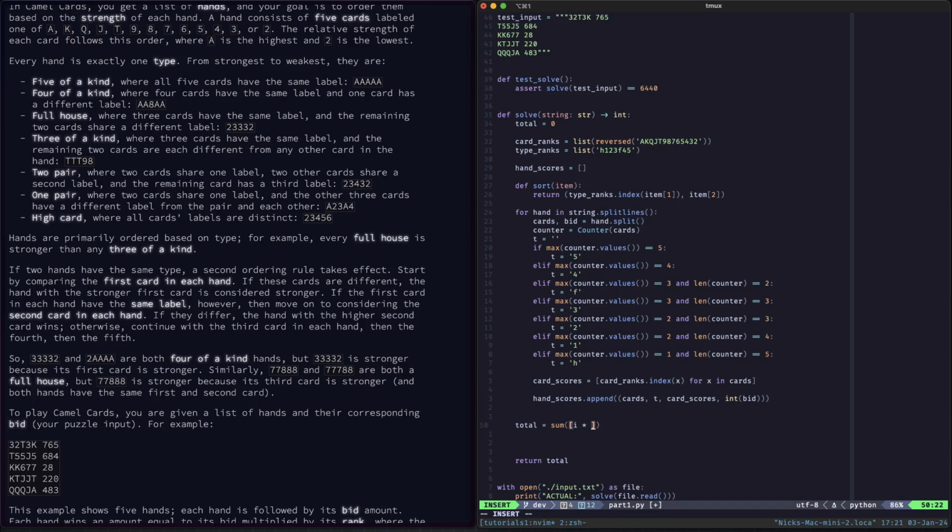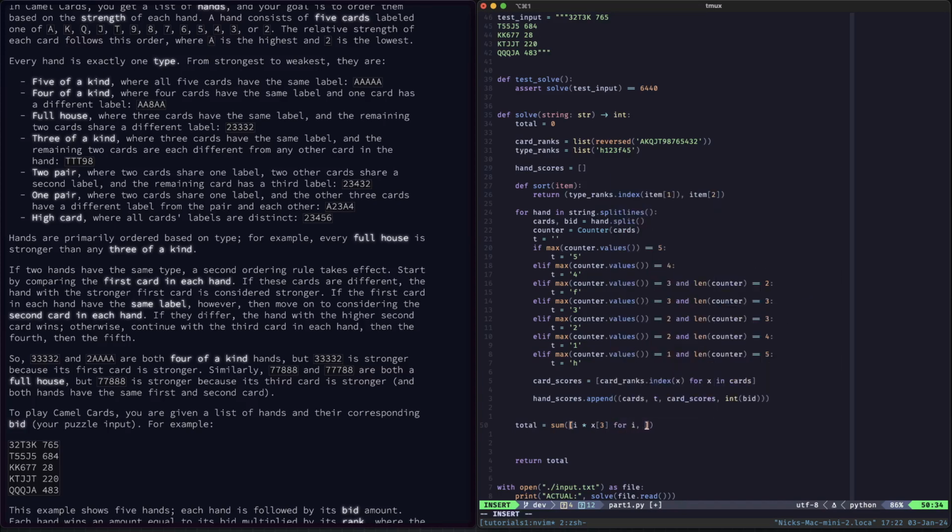We're going to sort it using this sort function here. So we then want to sort it by the bid of the hand scores, which is the 0, 1, 2, 3. So let's just say x3